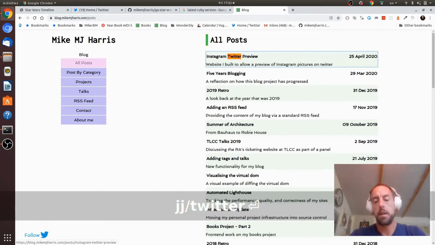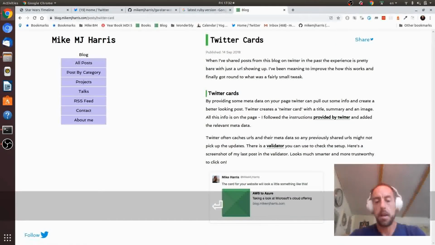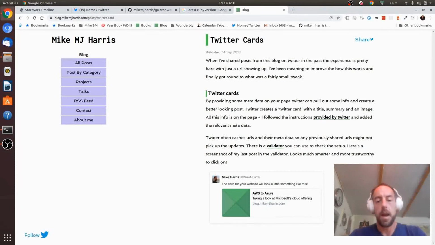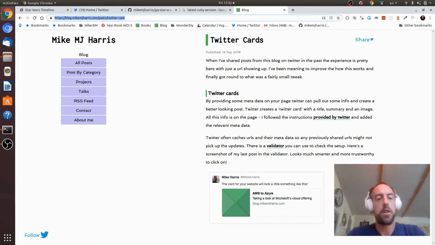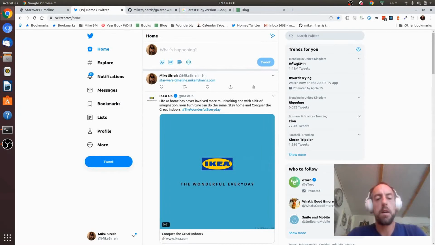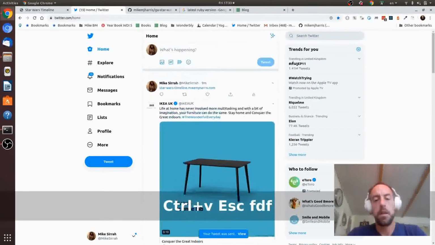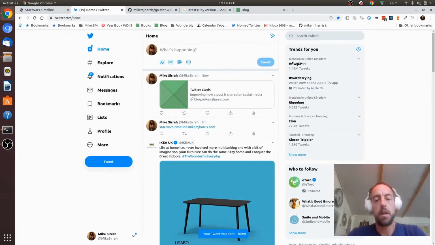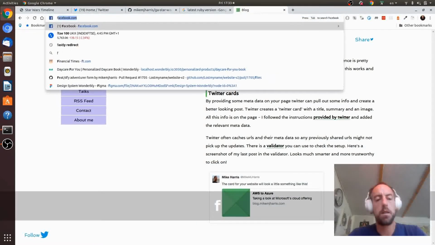I can search on the page for Twitter and Twitter cards here. I can hit enter. And on this blog post, I detail some instructions about the meta tags that you need to add to the page so that you get a nice preview. So if I share this one in my tweets, and I tweet this, you get a nice card there. And that post, it wasn't much of an interesting card. So